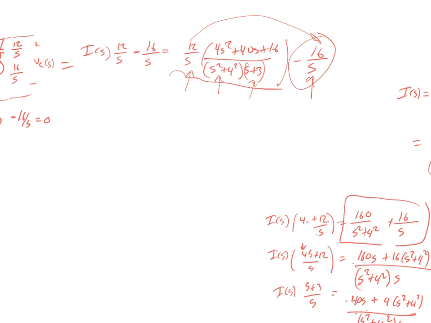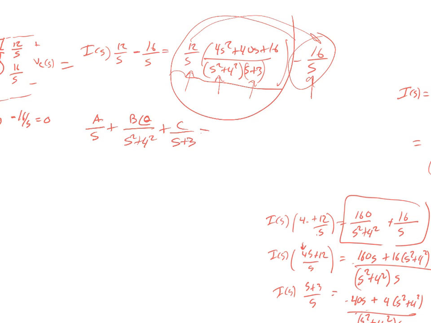So all I have to do is solve for it one time, and then I can add it in. If I just do partial fraction expansion for this and substitute it back in, it works out perfectly fine. So I'm just doing partial fraction expansion for this, and I'll add it in at the end. That's going to be equal to A over S plus B at an angle of theta over S squared plus 4 squared plus C over S plus 3, which is equal to 12 times 4S squared plus 40S plus 16 all over S times S squared plus 4 squared